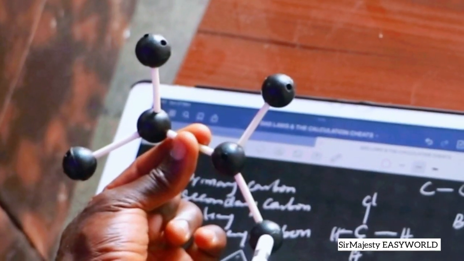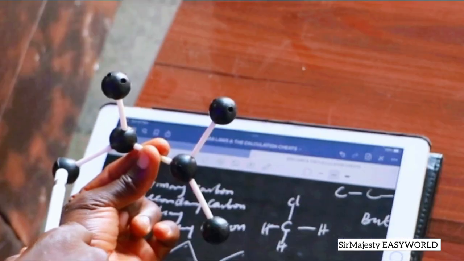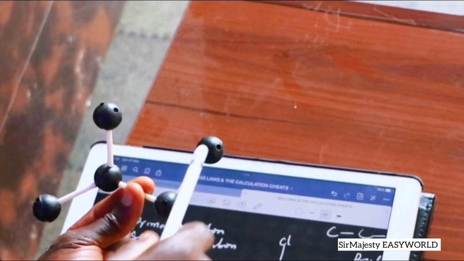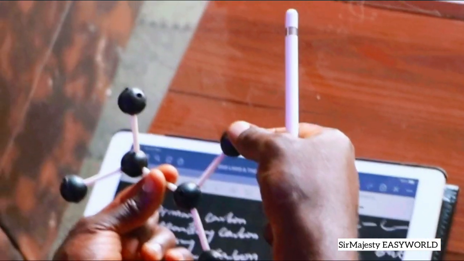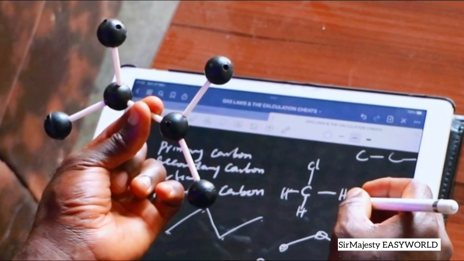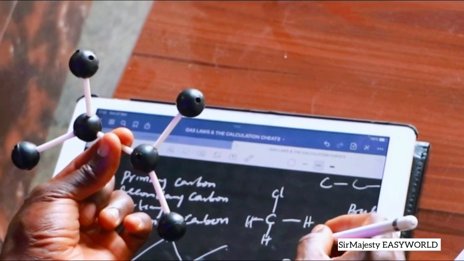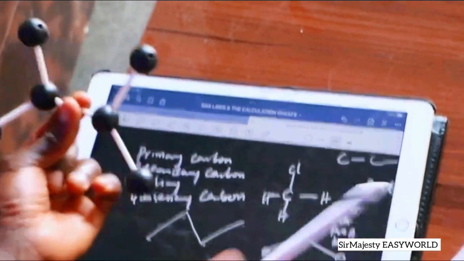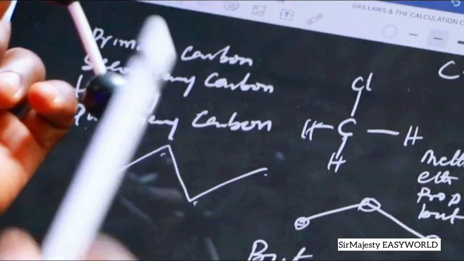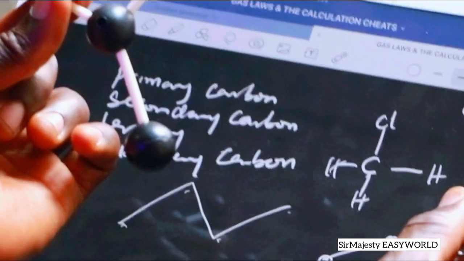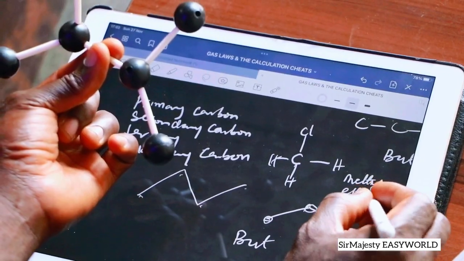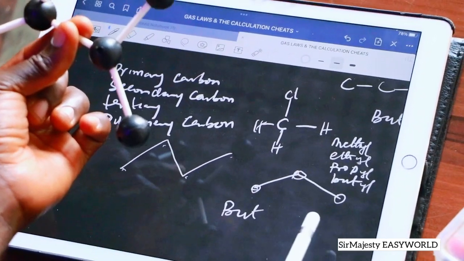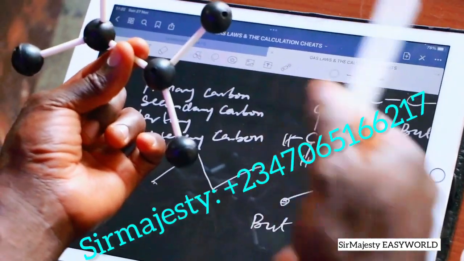So I'll call here carbon 1, 2, 3, and 4. If I use this pattern, you find out that at carbon number 2 there is a branch, and that branch dropped 1 carbon, so 1 carbon remains: meth. 2 carbons means eth, 3 carbons means prop, 4 carbons means but, and hence I wrote this "but" here. But when it occurs as a branch, I'll just be putting yl: methyl, ethyl, propyl, butyl. So in each of these, meth, eth, prop, but, pent, hex, hept, oct, non, dec, which means I'll now say